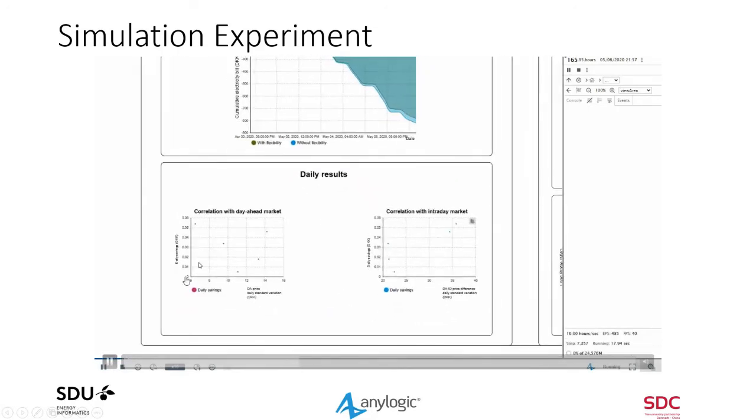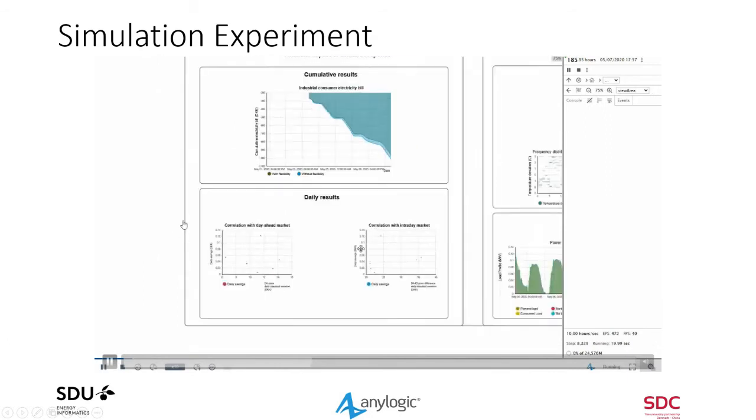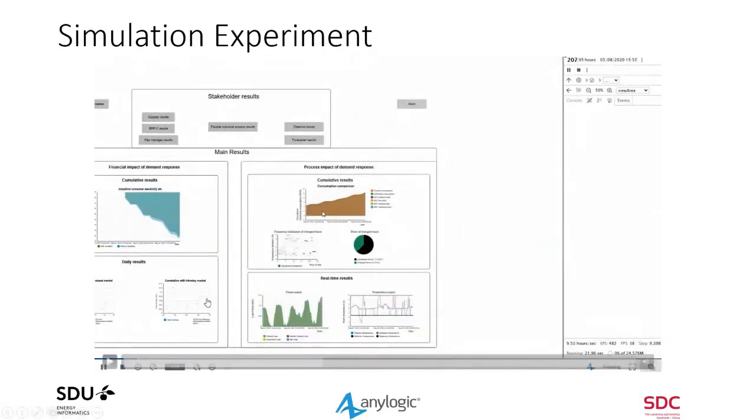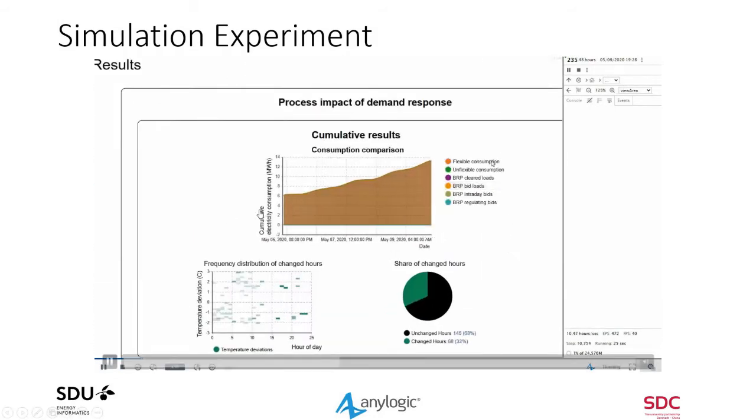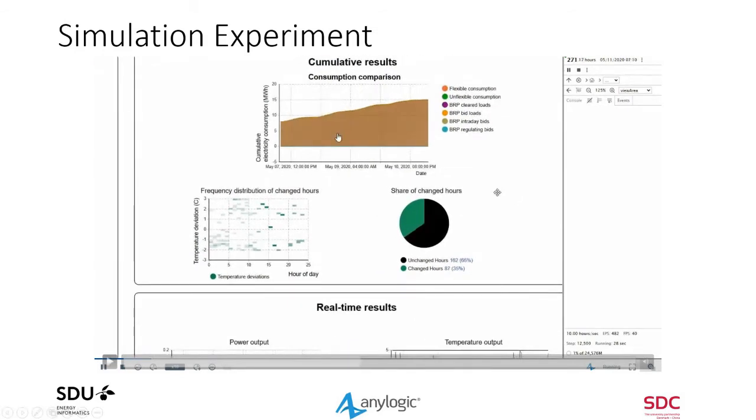These are more, I would say, long-term parameters, essentially measuring how well your process is correlated with the market prices, not something that is maybe relevant for this particular simulation. But on the left side, what you see here is the more physical approach, so how it impacts your operations. So this is just to make sure that overall you supply the same amount of energy, right? That you don't disturb your process.